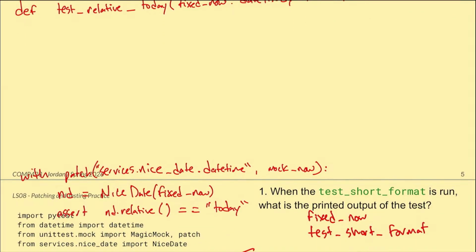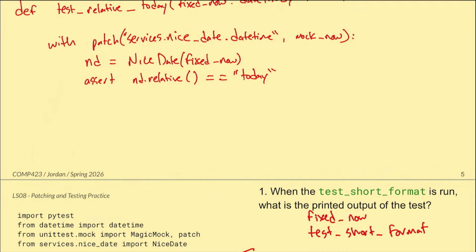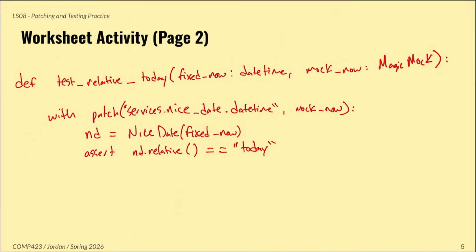Now I've got some implementation here. Let me move it up. And there's something that's going to be a little bit surprising about this that we're going to discuss that I wouldn't have expected you to get right. But what we're going to do is patch the datetime class in the nicedate module of the services package. Now this is a detail that I want to come back and talk about more explicitly. I would not have expected you to know that. That's a surprise, and I wanted it to be a surprise because the